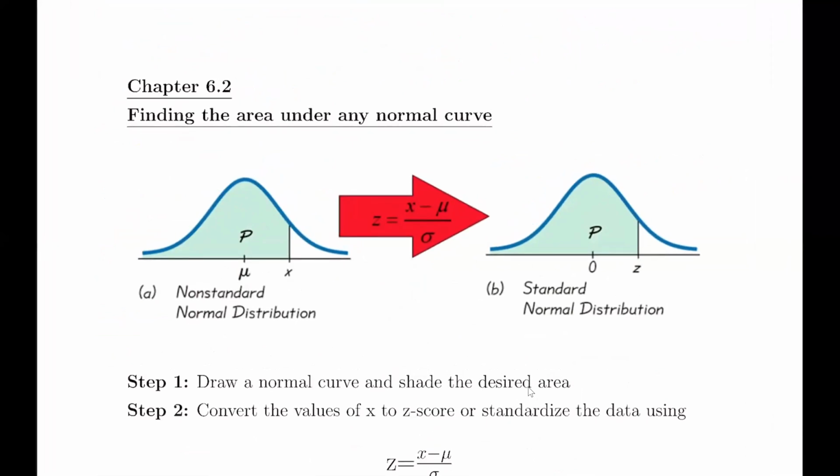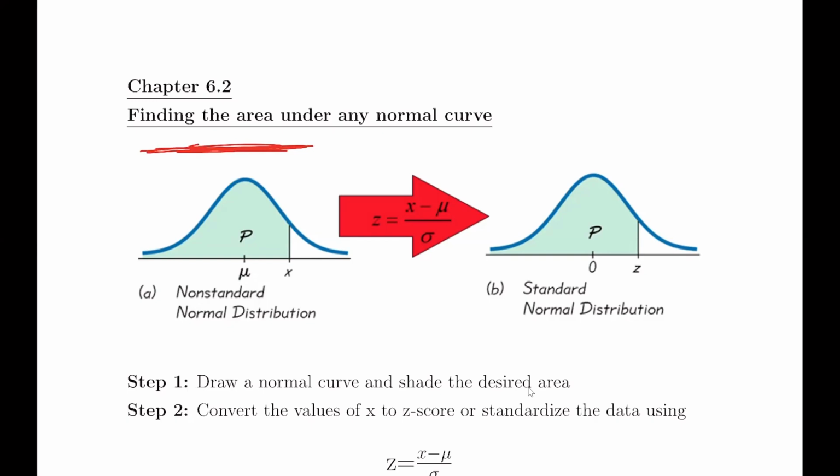All right. So up next, we're going to find the probability when we're not given a z value. We're actually given an x, and we're given an average and a standard deviation. So I'm going to show you two ways how to do it. It kind of depends on which one you like, which one you do not like. But if you look at this drawing,